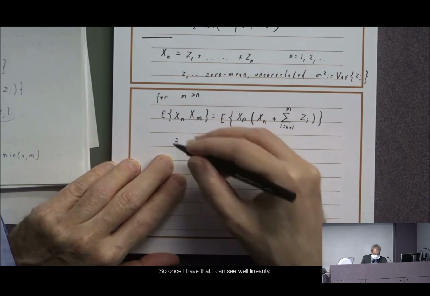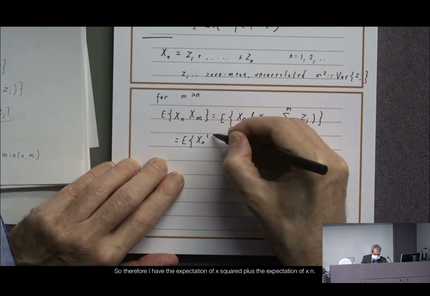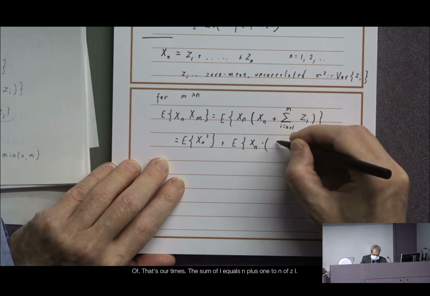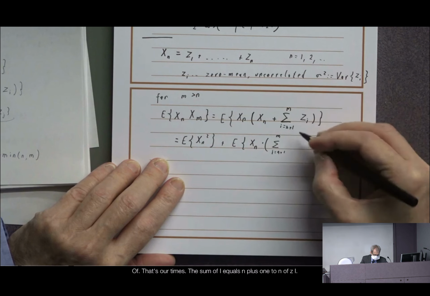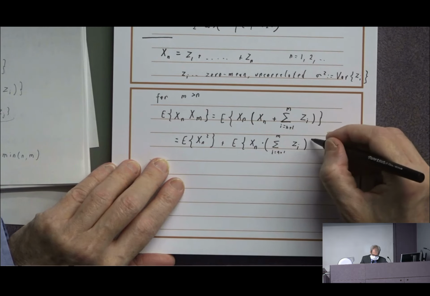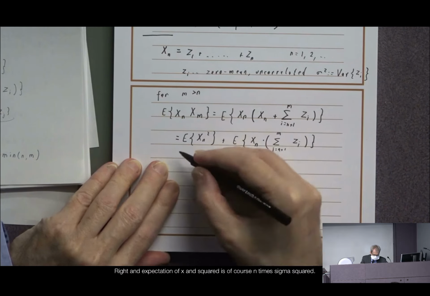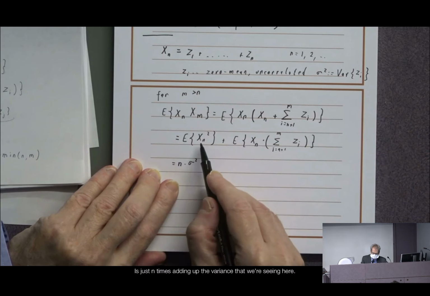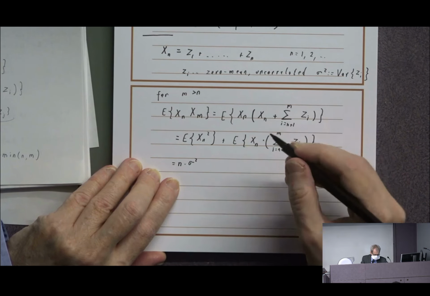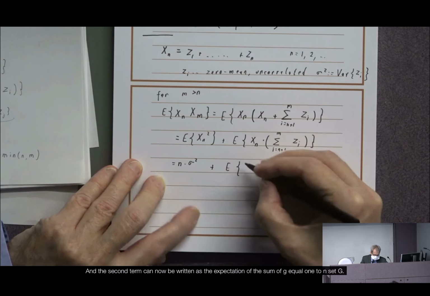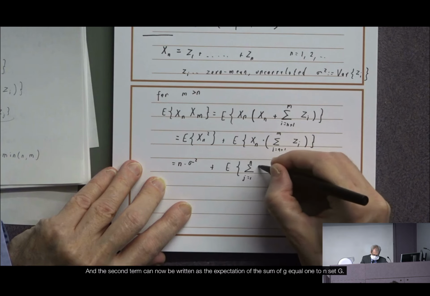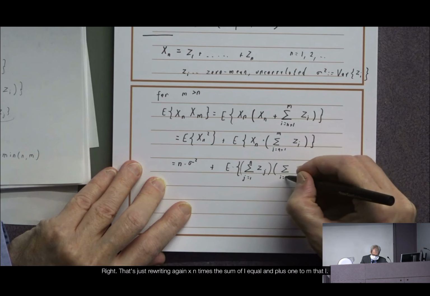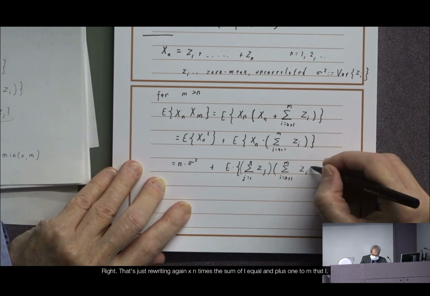So once I have that, I can say, well, linearity, so therefore I have the expectation of xn squared plus the expectation of xn times the sum of i equal n plus 1 to m of zi. And expectation of xn squared is, of course, n times sigma squared. This is just adding up the variance that we're seeing here. And the second term can now be written as the expectation of the sum of j equal 1 to n zj, that's just rewriting xn again, times the sum of i equal n plus 1 to m zi,